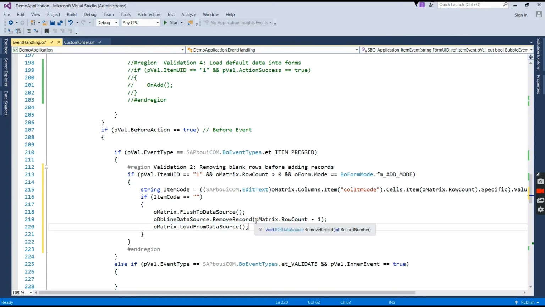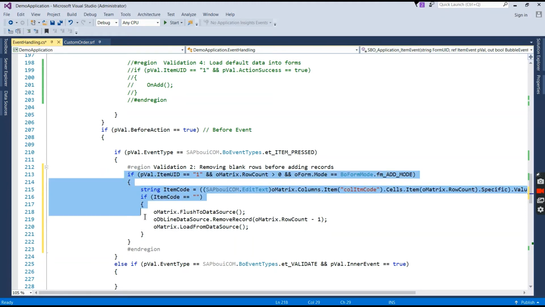You may wonder why I wrote matrix.RowCount - 1: the index of the DB data source starts with 0 and the index of the matrix starts with 1. Hence the DB data source index always remains 1 lesser than the matrix index. In the next statement we are again loading data from the DB data source to the matrix.